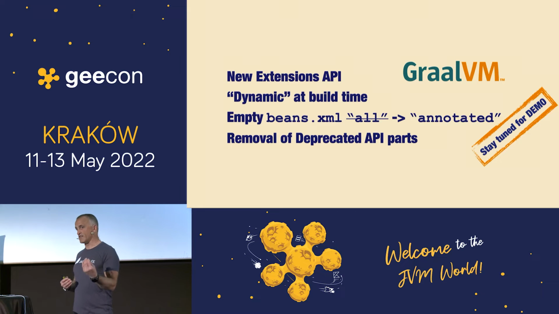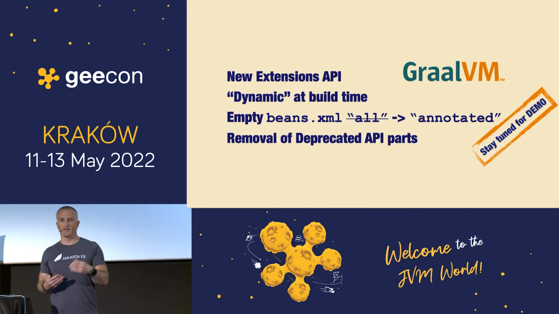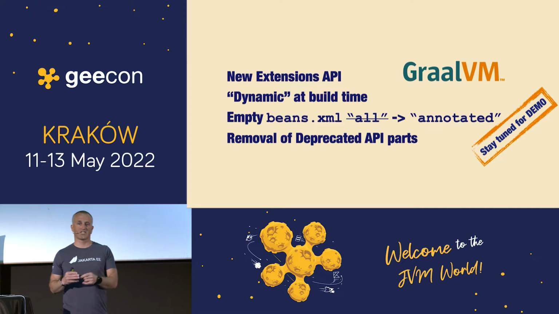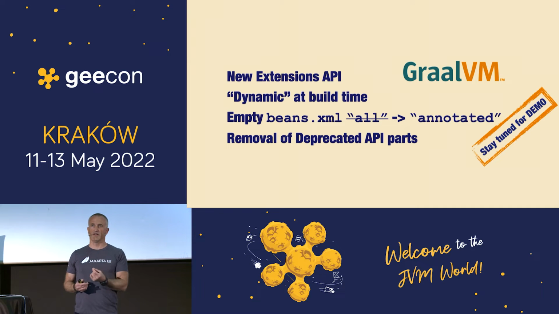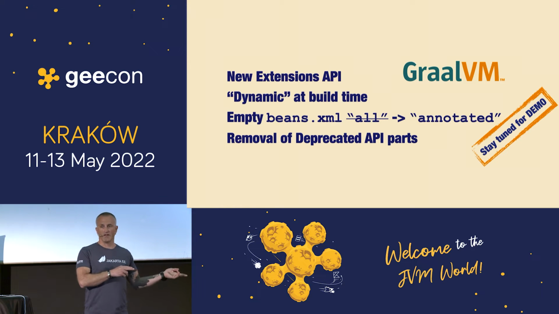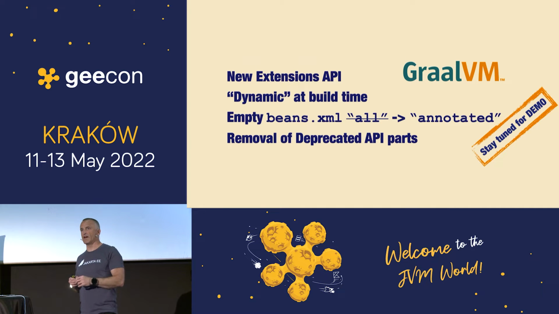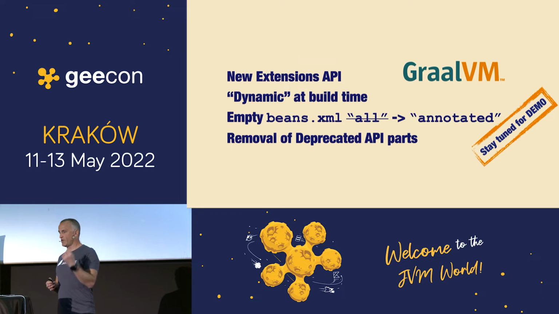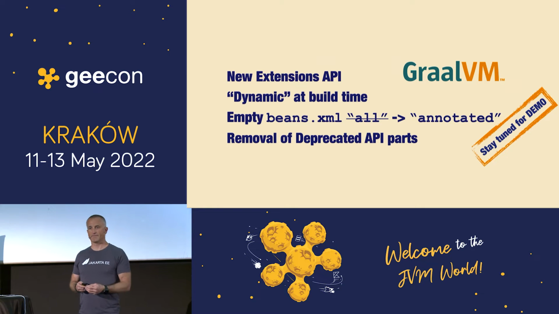The breaking change that forces CDI to go to a 4.0, in addition to adding the Lite, is that they're changing the behavior of beans.xml. So if we're relying on an empty beans.xml, meaning everything is injectable, like the discovery mode all, you're probably going to have to do some changes when you upgrade to Jakarta EE 10 because now the default is annotated. And I'll show in a demo afterwards how it can affect you. And they're also removing some deprecated things that were marked for deprecation earlier. But the important thing of CDI 4 is the new extensions API.